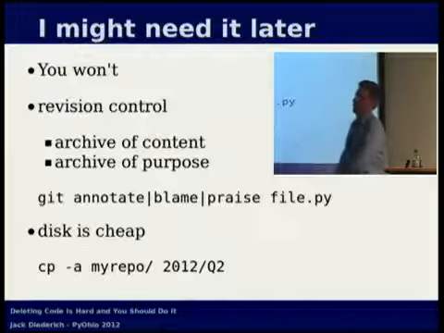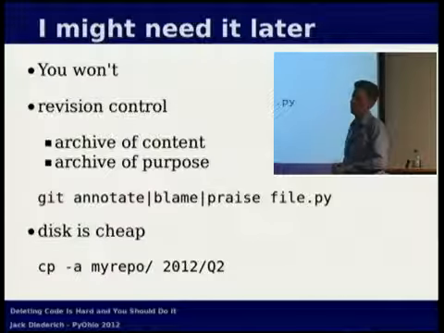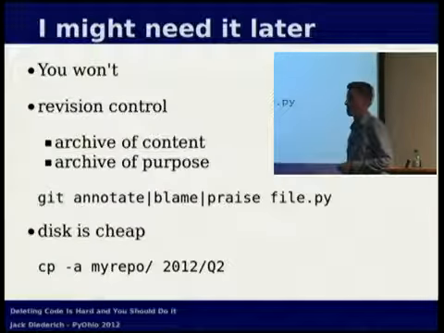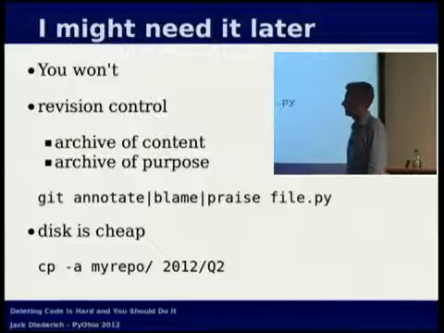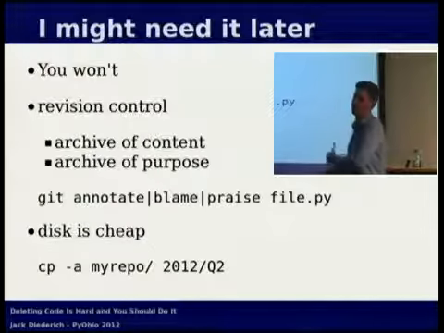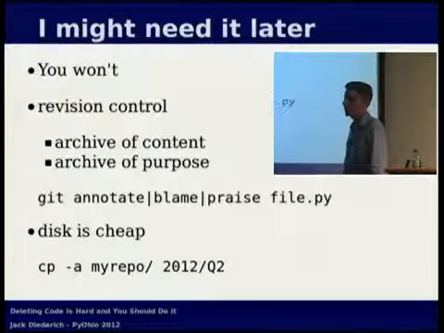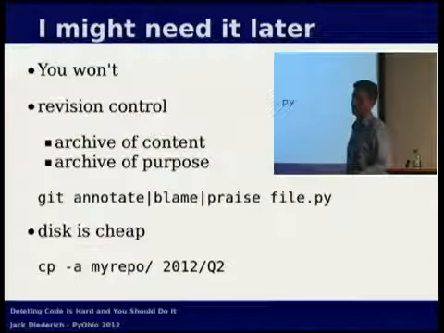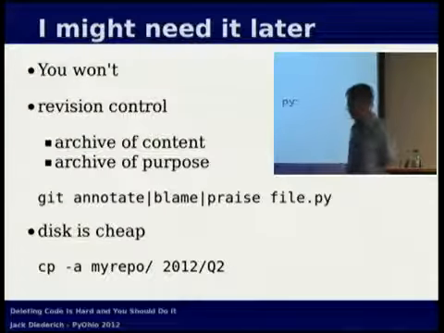Disk is cheap. So if you really want to use your grep or your ack grep, once a quarter, I copy my current repo. Then if I'm pretty sure that something changed in 2010 or 2012, I could just cd into 2012, do a recursive grep. Almost never have to do this, but when you're in a rush, sometimes it's handy instead of going the git blame route.